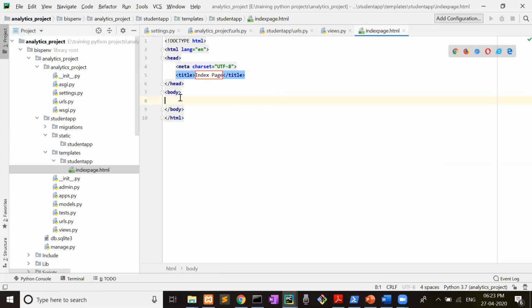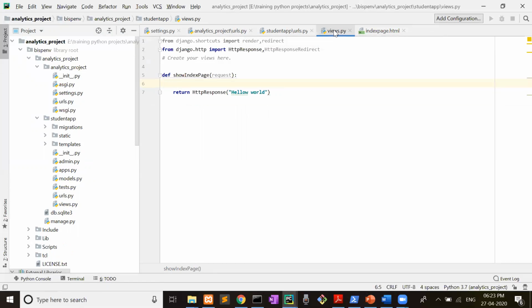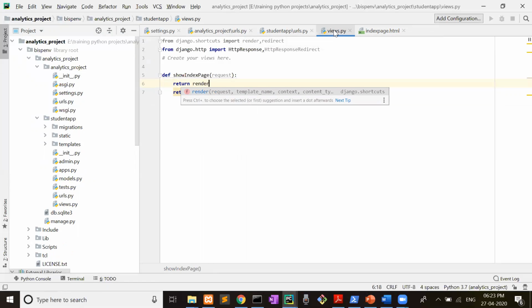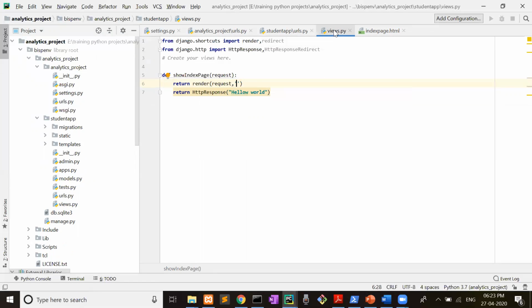Yes, index page. And this is the index page, h1 index page. And how it will be rendered here, see, return render request comma student app slash the HTML page name.